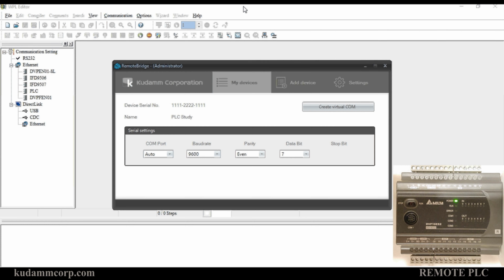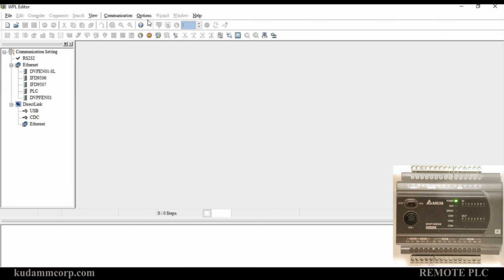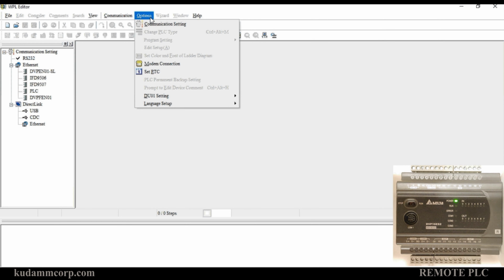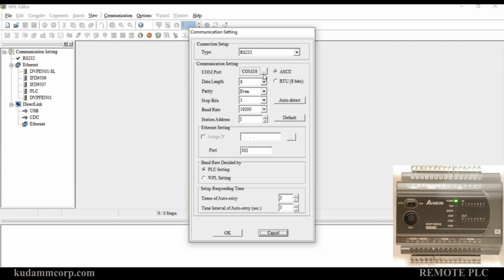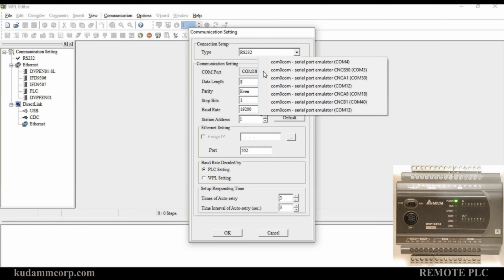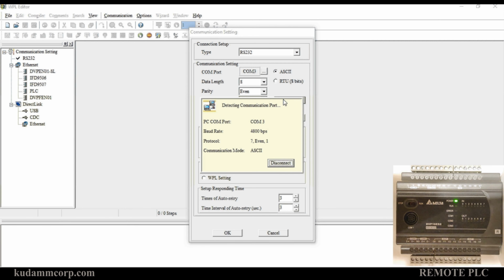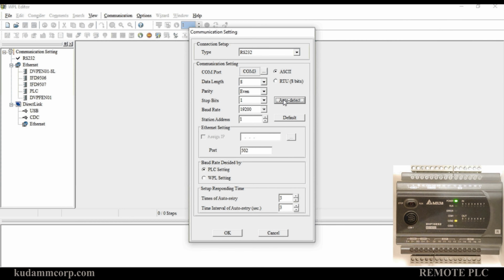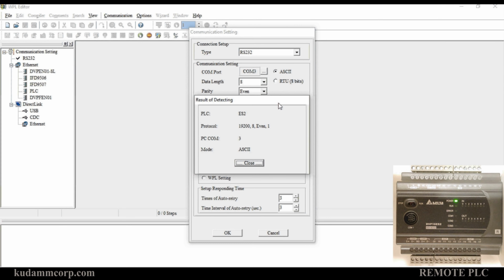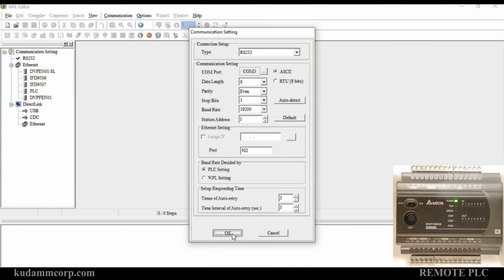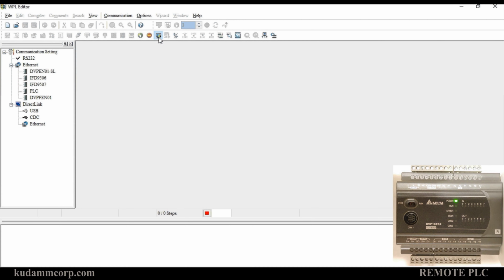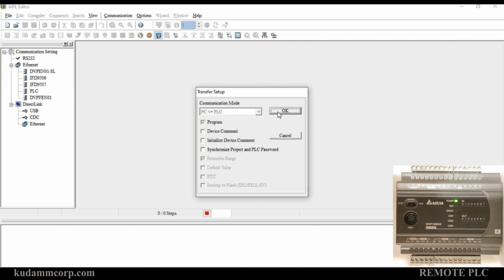A new COM port, COM3, has been created, which I can use to access my PLC. The new port is now showing on the list of available ports. I'll select it and see if I'm able to connect to my PLC. And it is. So now I'll try to upload a program from the PLC.